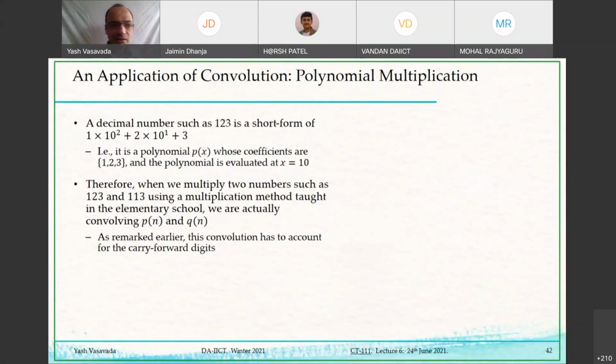I've written here 123 as a polynomial. I mean, we tend to become so familiar with such numbers, 2-digit, 3-digit, even 4-digit numbers, that we think of it as a standalone entity. But there is nothing like 123 in the real world,